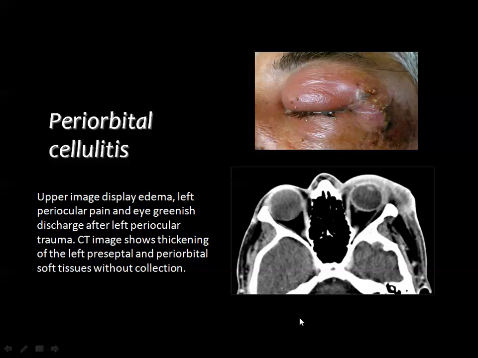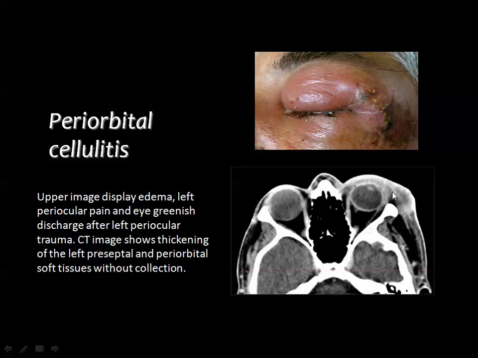And periorbital cellulitis is inflammation of the periorbital soft tissues, including the eyelids. And here you can see it. The diagnosis is evident clinically, but you want to see what is behind this closed eye. And here you see there is inflammation of the soft tissues along the anterior aspect of the globe,